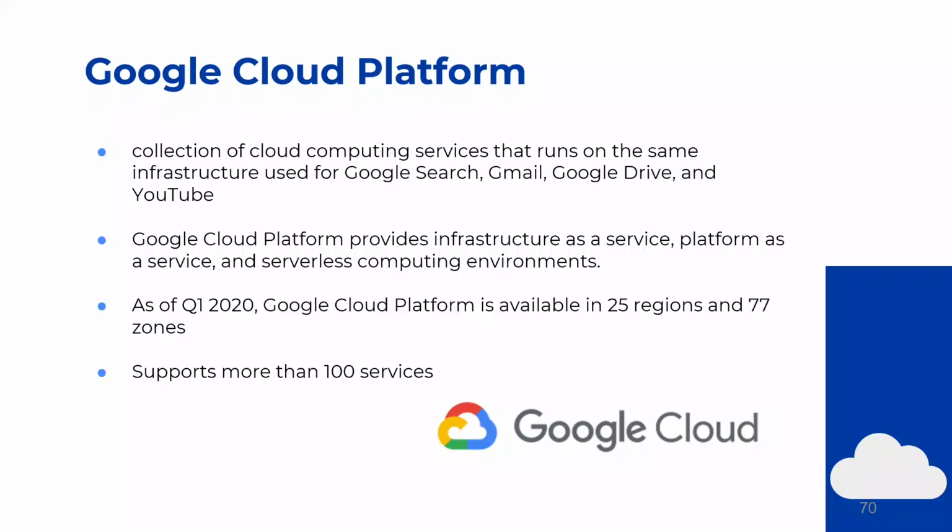Alright, let's talk about the third public cloud platform, that is Google Cloud Platform or GCP. So this is the third most famous cloud platform. There are numerous others as well, but we are going to talk about only three. We have already talked about AWS and Azure. Now let's see how GCP ranks as compared to AWS and Azure.